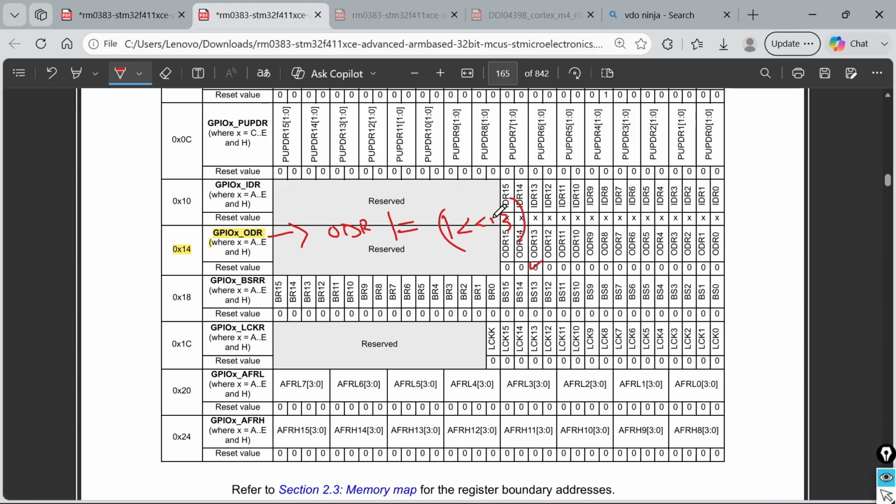Say you use this operation. Now this step is divided into three parts. First is read. Second is modify.